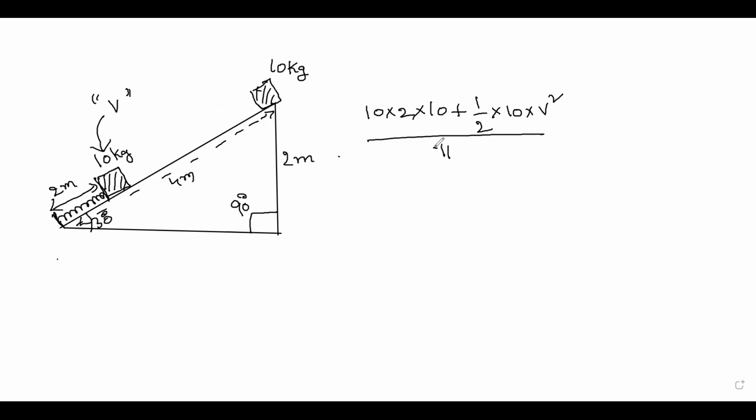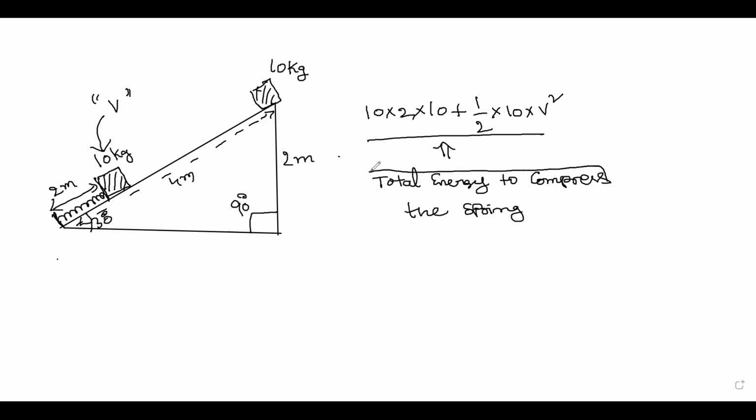Total energy to compress the spring. This you can write, total energy to compress the spring. So this is the best mode I hope to counter this problem. Okay. Total energy to compress the spring is this much. There's the total energy. And now which has resulted, this energy, whatever you have done, given, this energy is stored as potential energy in the spring and the mass.